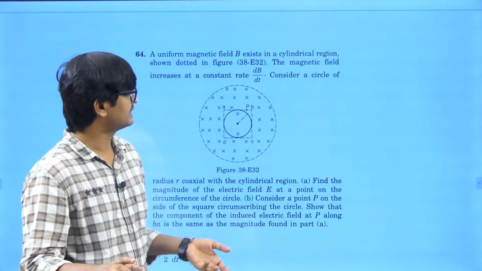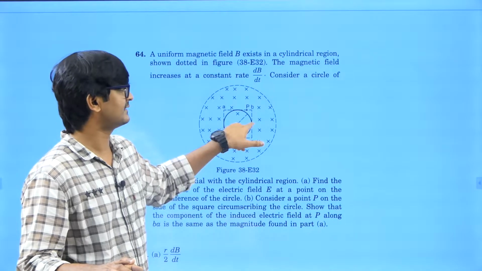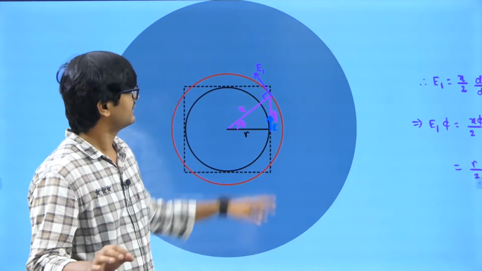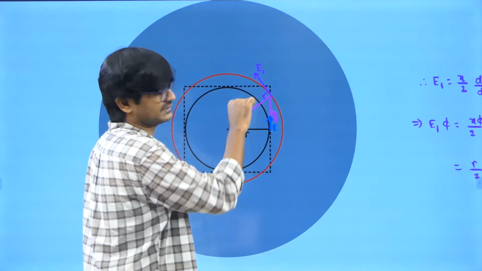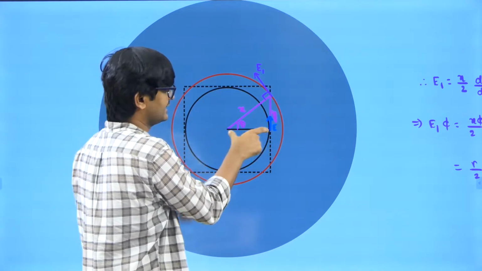Now the most commonly asked question is, what is the induced electric field inside at a distance r? What is the induced electric field outside at a distance r? These are two very basic questions that you need to know. So let us do one thing. If there is this magnetic field which is increasing in this direction, then there will be an induced electric field in this direction. If I want to find the electric field E at a distance r,